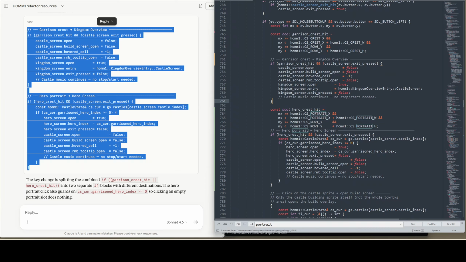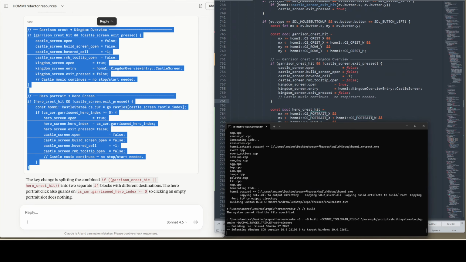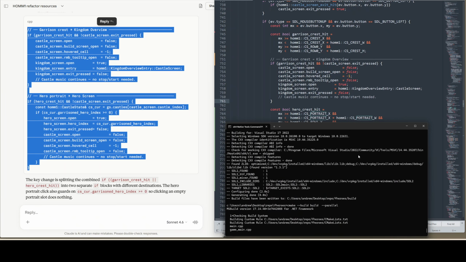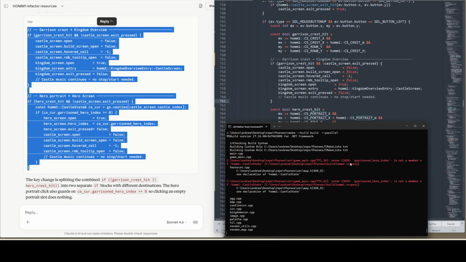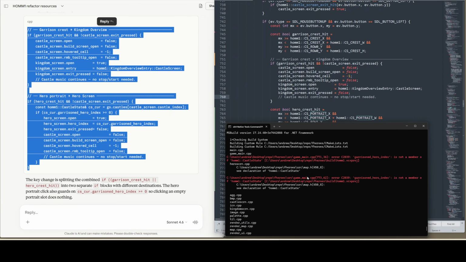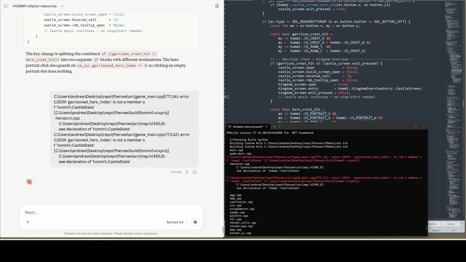So let's save this and let's run a quick compile. Okay, there was no build directory because I'm usually saving my builds, not always, but I like to save them at incremental progress points so that I can go back and show. Okay, it didn't like something here. This garrisoned hero index. Well, almost. I could look that up, but